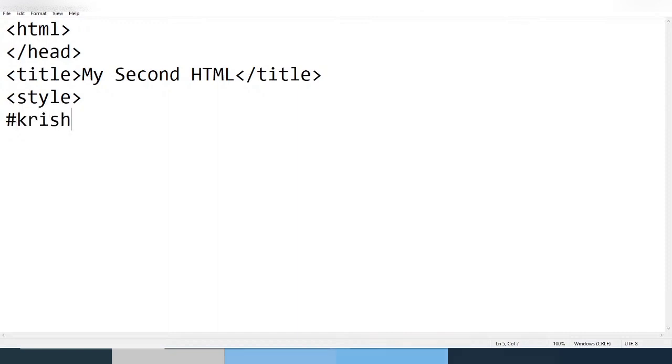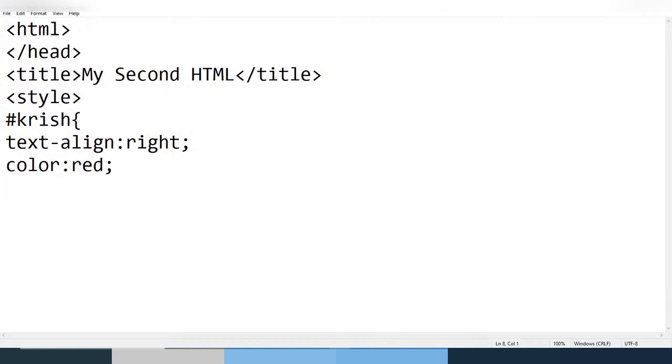This is the identifier, and you can treat it like a variable holding some declarations. Here I'm defining text-align: right, and then I'm saying the color to be red,